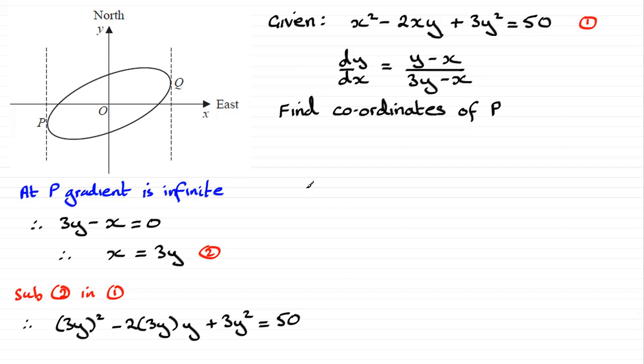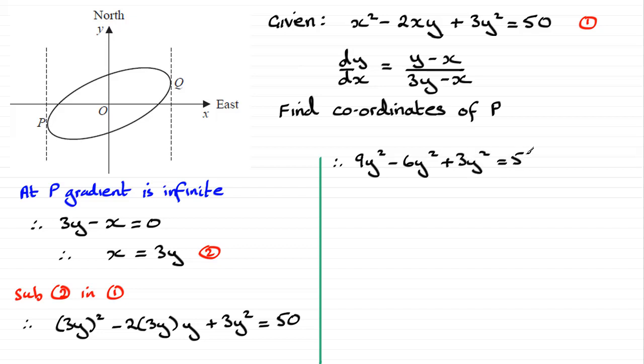And we'll just border this off, come down here, and if we carry on, what we've got here is 9y squared, and then minus 6y squared there, and plus another 3y squared, and that equals 50. So we end up with a total of 6y squared here